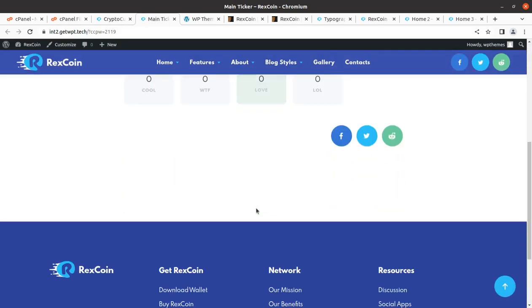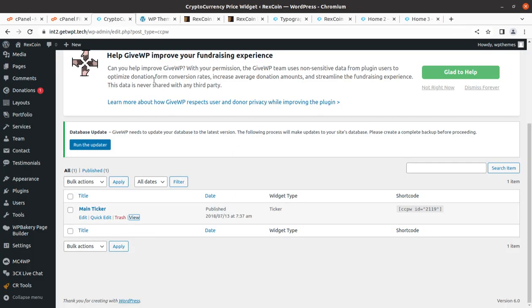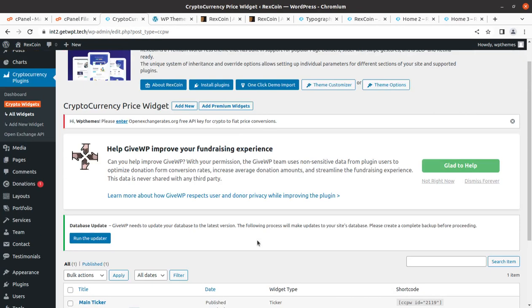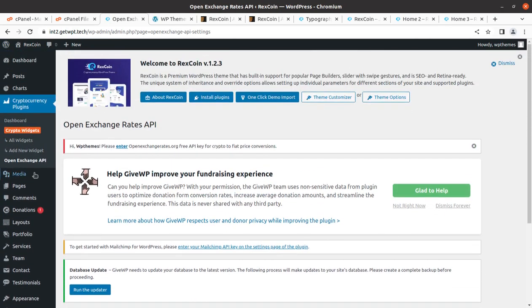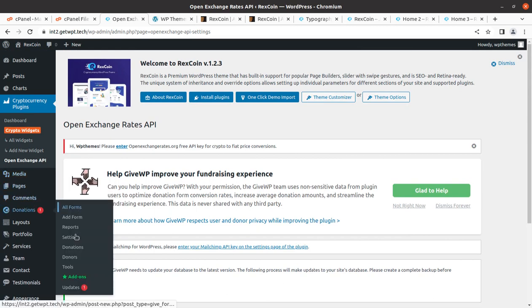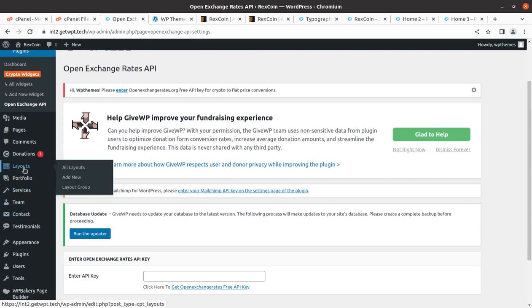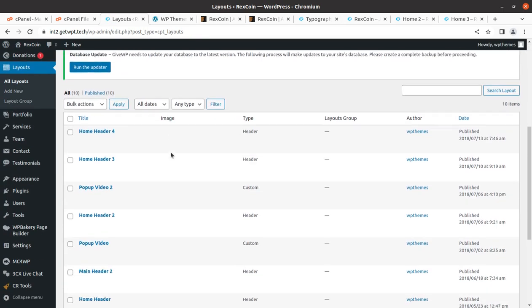Okay, so I'm not an expert in cryptocurrency websites, in fact. So you can use these features, of course, and the Open Exchange API feature is also here. Okay, so next is donation. As I said, you can use this website for donation, collecting funds as well, and some layouts. This is going to be a very important tab in Rex